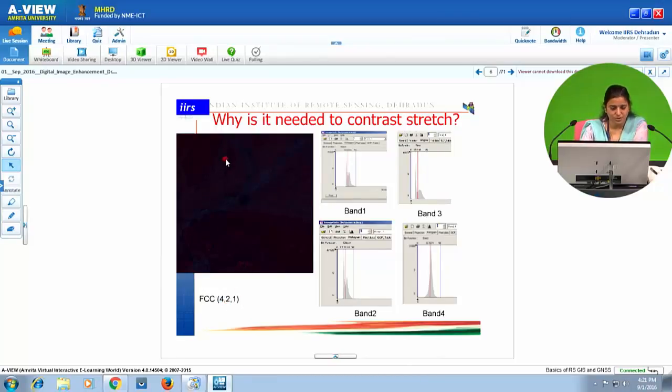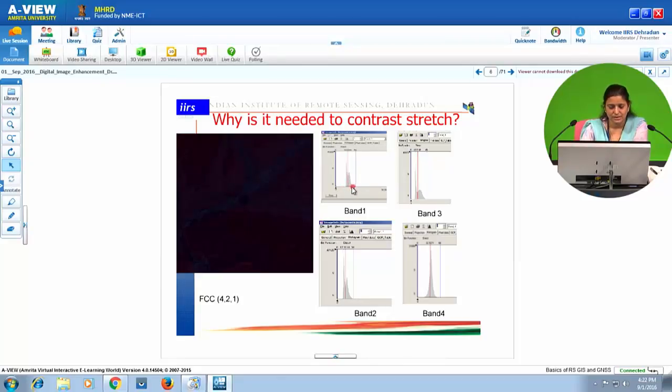Now, why can you not see anything here? Because the contrast of the image is very poor and we have displayed the image without applying contrast enhancement. If you look at the histograms of band 1, band 2, band 3 and band 4, you will see that all the pixel values fall in a very narrow range.